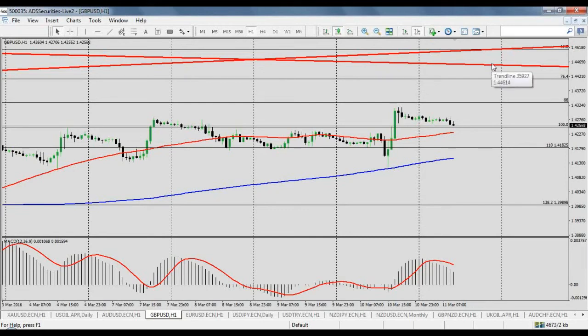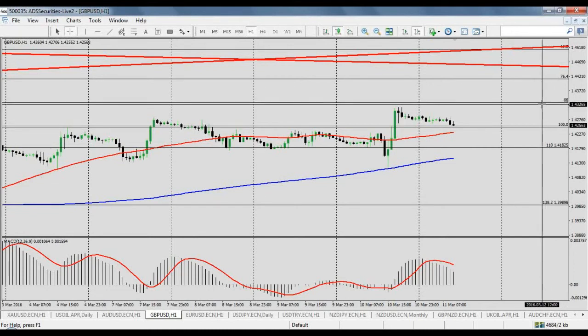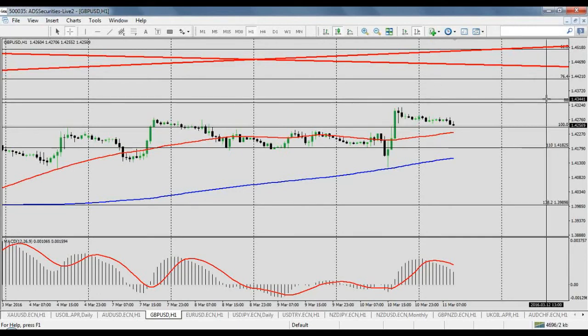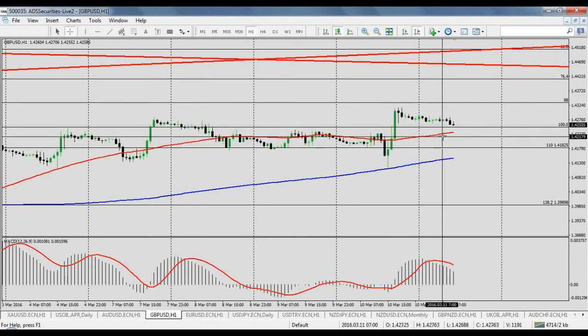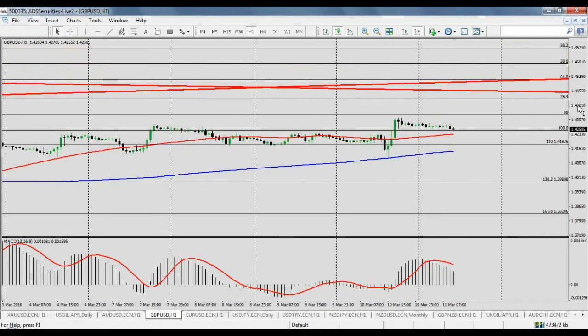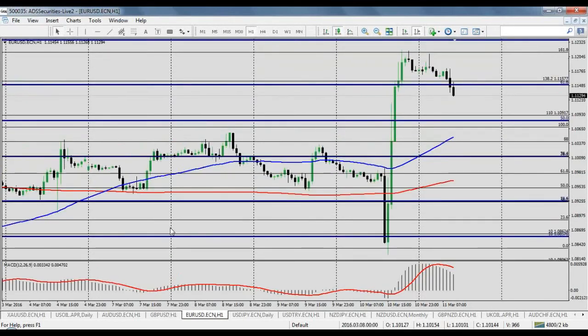And the targets, that's the main part. The first target that we will have is going to be at the 1.4334 level, just somewhere over here. The second target is going to be at the 1.4185 level, and the third and main target is going to be at the 1.3995 level, and that's pretty much it. It makes a total of more or less 480 pips movement from that level, and I believe it's a significant market move. Moving on to euro dollar,